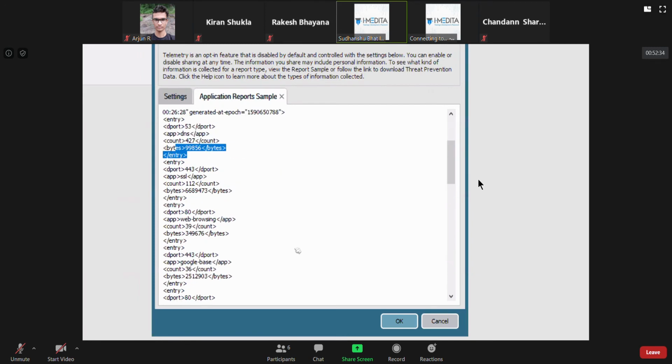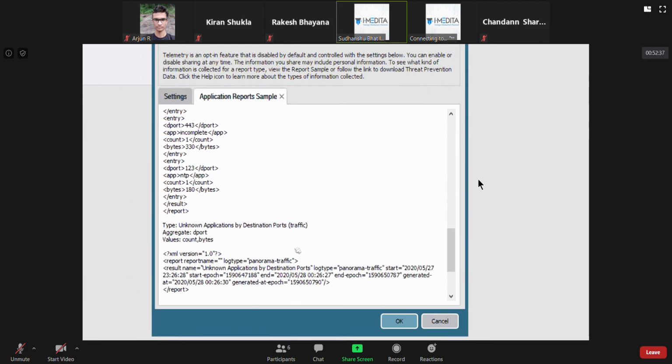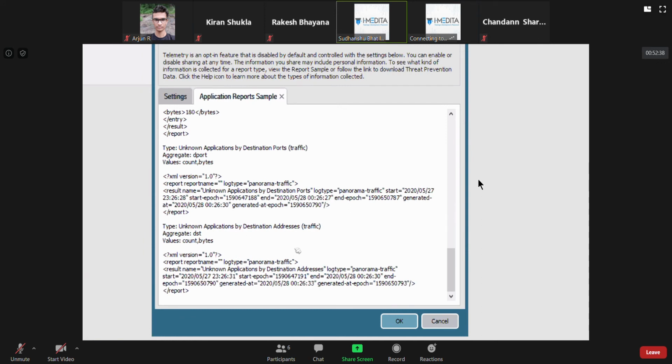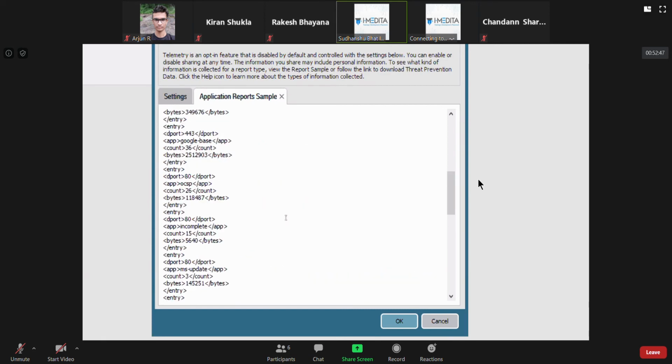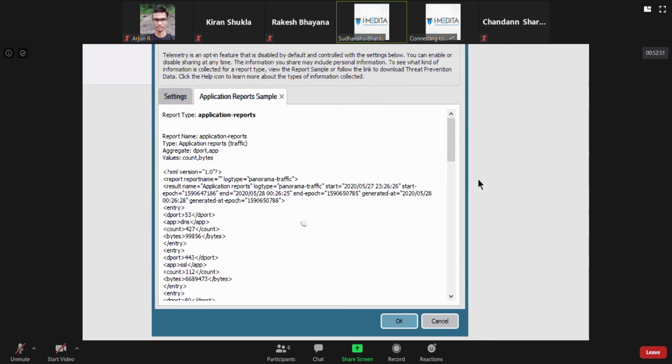Most of the time there is nothing sensitive in it. They try to remove the sensitive things, so they don't have any individually identifiable information in it.